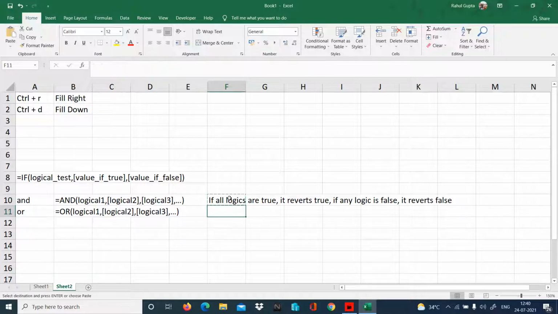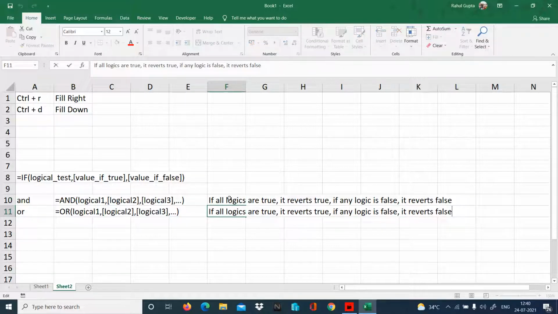And OR is just the opposite of it. That if all logics are false, it reverts false. If any one logic is true, it reverts true.